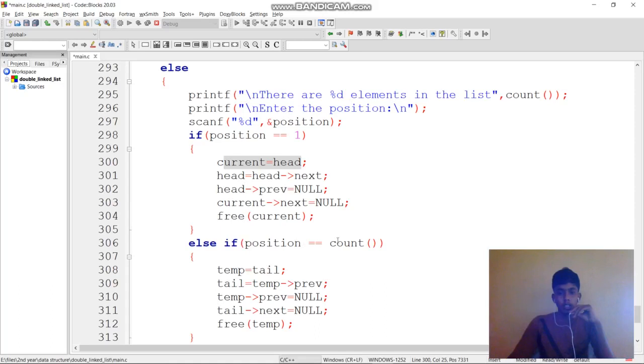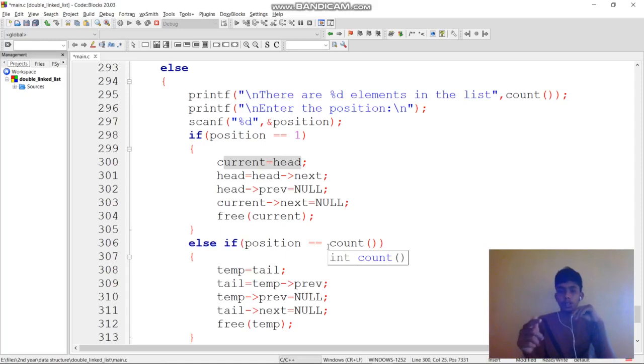Now position equal to current count. Count will return the total length of the list. That means if there are 7 elements, 7 will be printed. If you give position also 7, that means the last element.